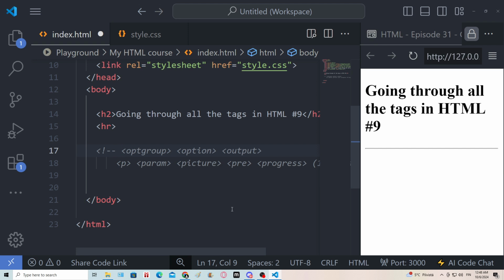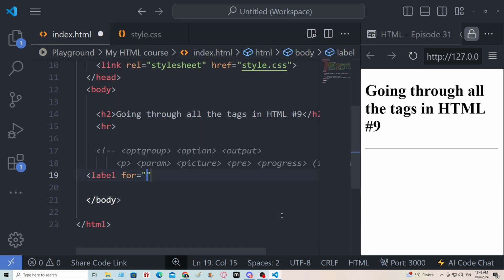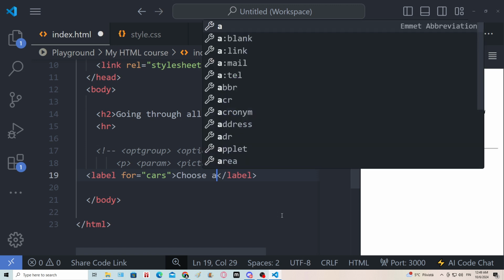Then we got the opt group tag. So yeah, this tag is going to be new to many people. The option group tag or opt group is used to group related options in a select element. So first I'm gonna create a label. This label will be for cars. Choose a car you